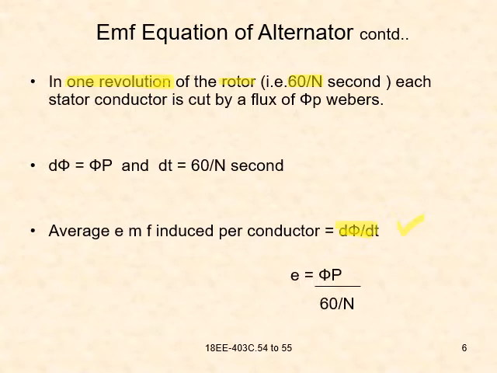So that EMF is given as E, and the dφ value is φP and dt value is 60 by N. From this,